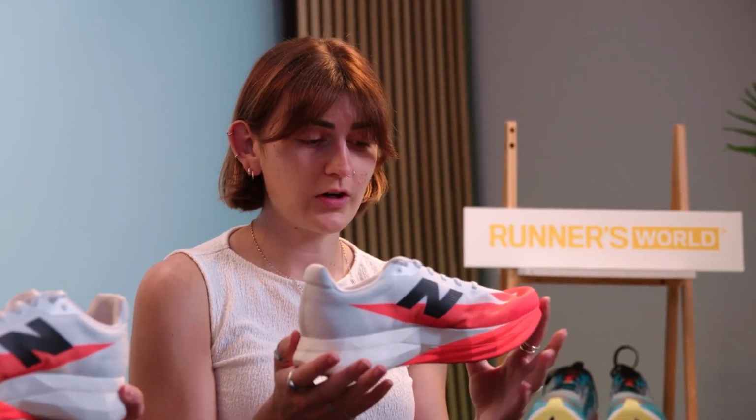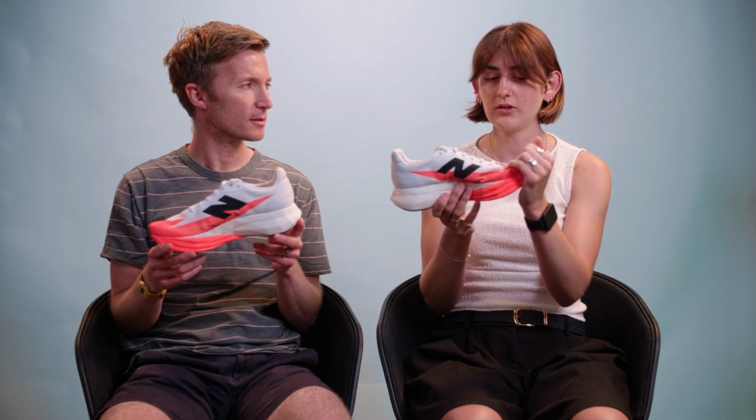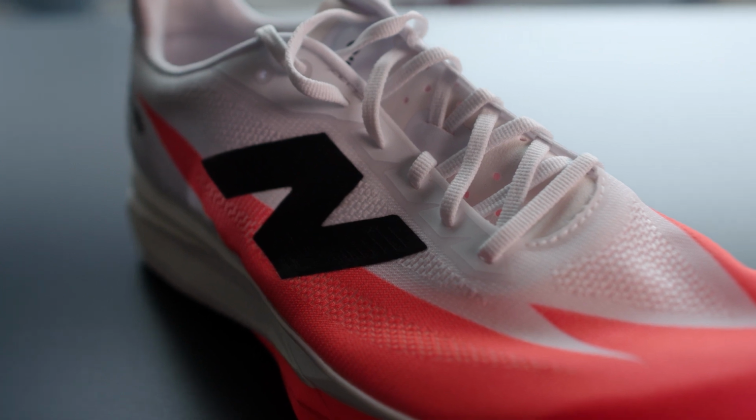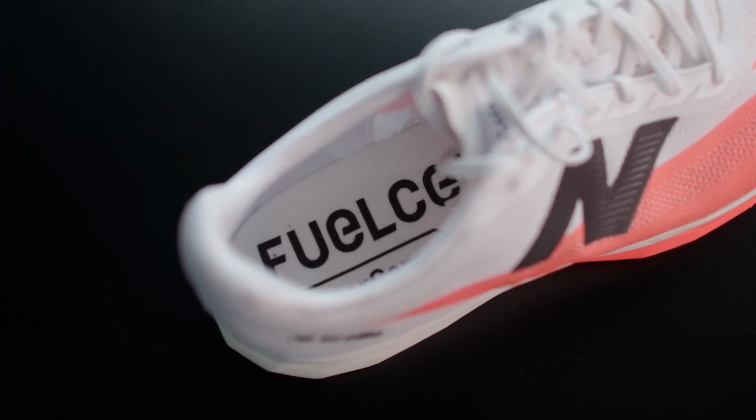I would describe it as a much more nimble, snappier super shoe now compared to the 4. Before, with all that foam concentrated in the forefoot, it cushioned your landings a lot more, whereas now you're going to roll through the stride and definitely notice that sense of ground feel and connectedness at the front. It's nice because New Balance haven't necessarily been part of the super shoe debate in the same way that, say, Adidas or Nike have. So to have a shoe that can compete on that level is...